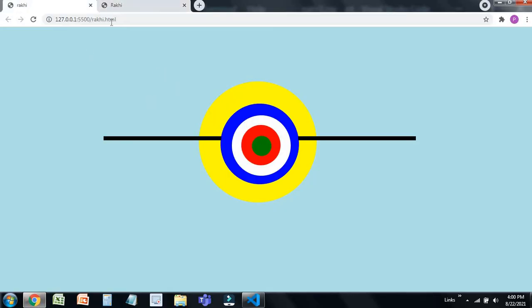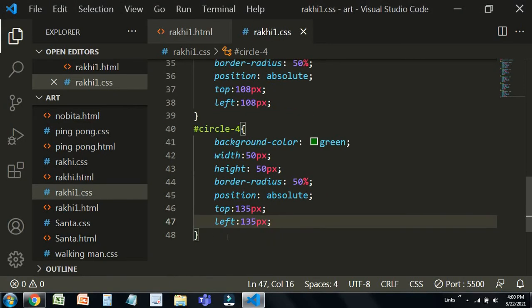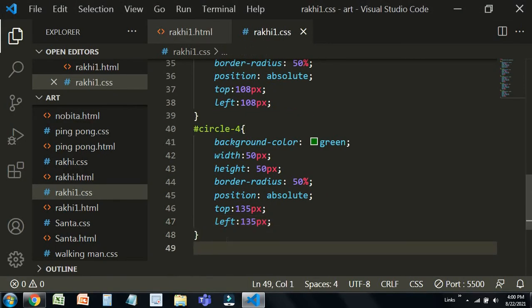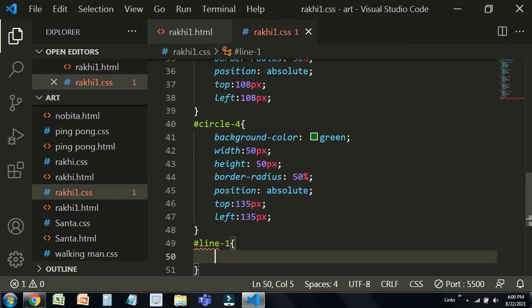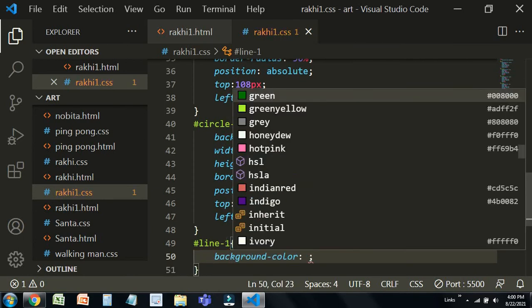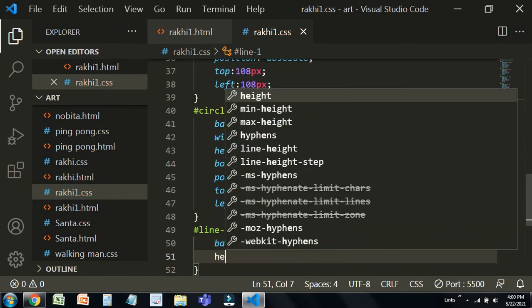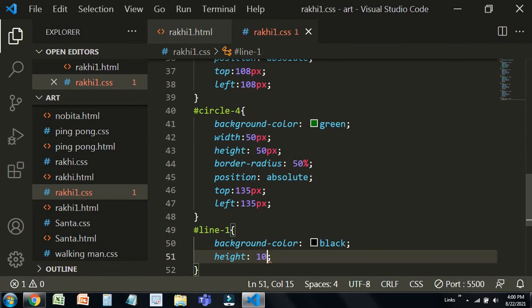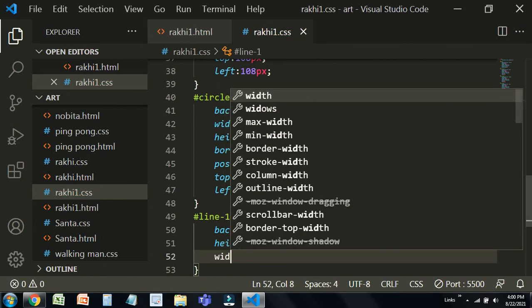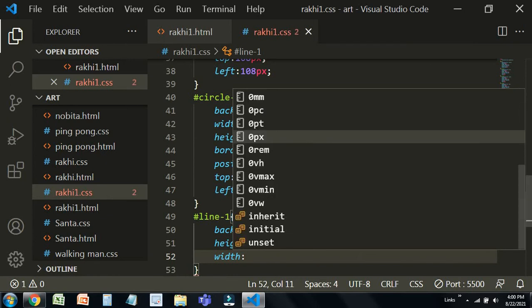Now we need to make these lines here, so I'm going to go to my line code, line 1, background color black, height 10 px. You can remove the height if you don't want, but I want a little height, so I'm keeping this.